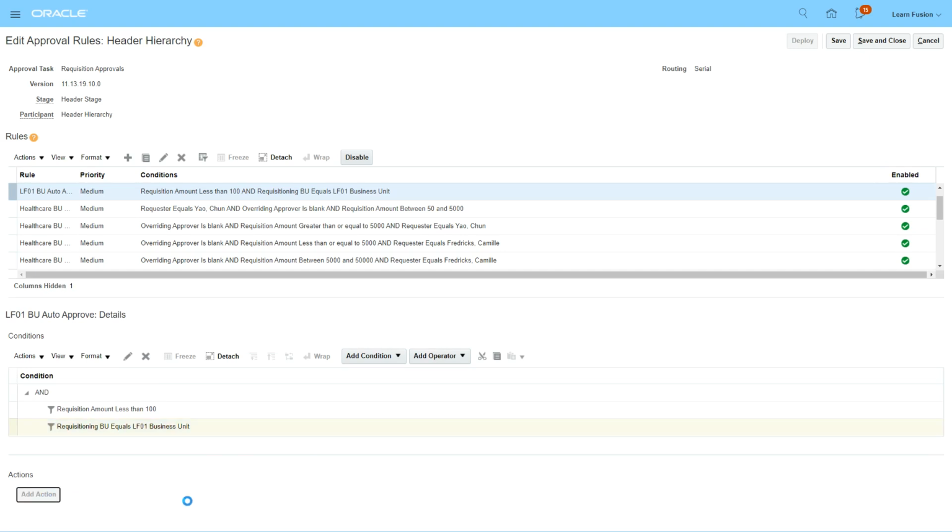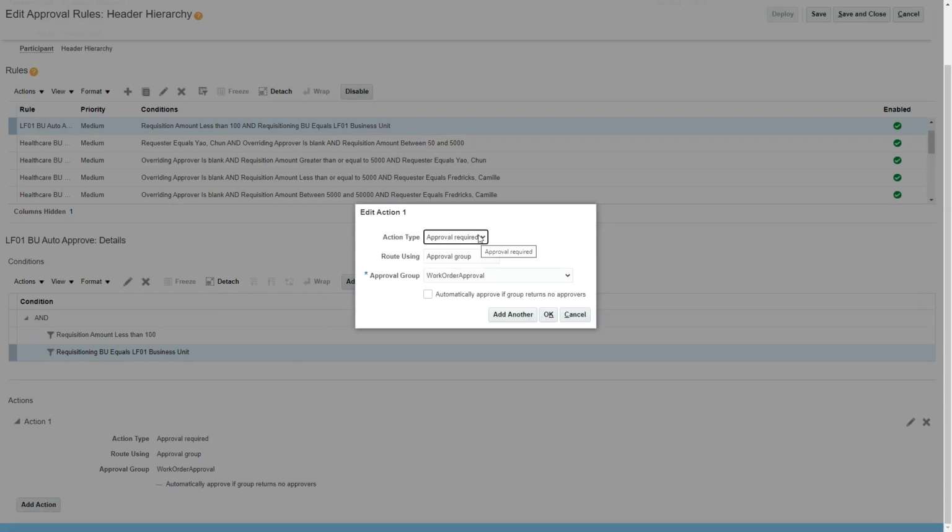I'm going to create an action, and then you can say approval required. So if you say approval required, then you can say approval group. You can create special approval groups wherein you can add a few people to it. So it can be routed directly to an approval group. This is useful if there is some classification, or let's say you create requisitions for categories like capital purchases and you want certain CIO and top level management to approve it, you can create distinct approval groups which are different from your manager supervisor hierarchy.